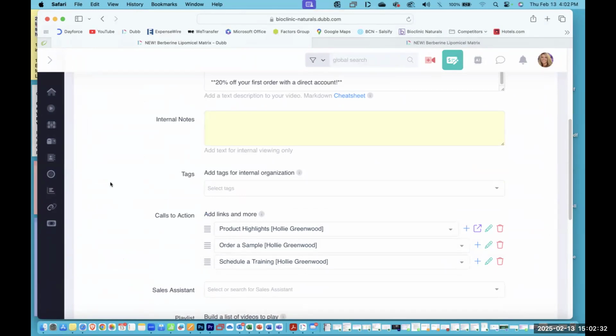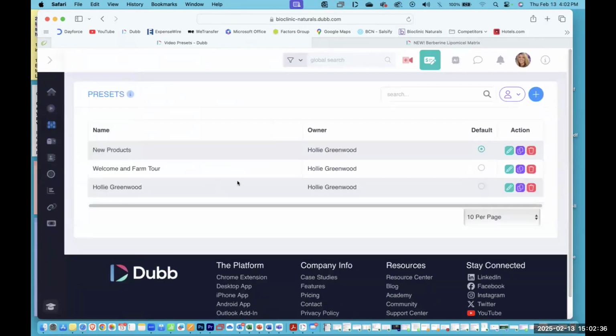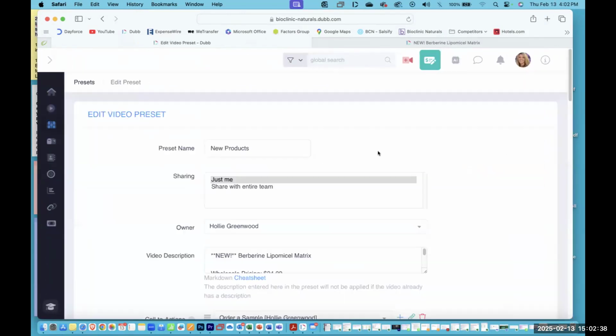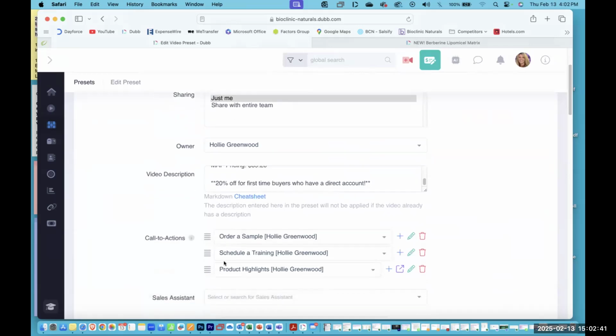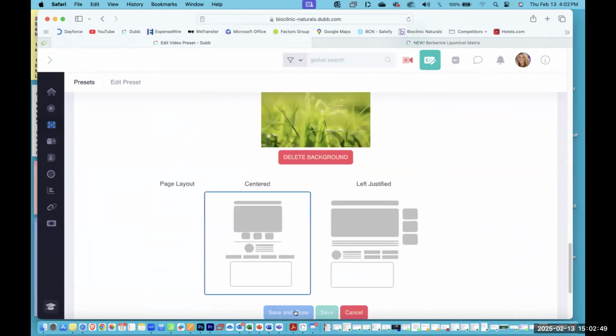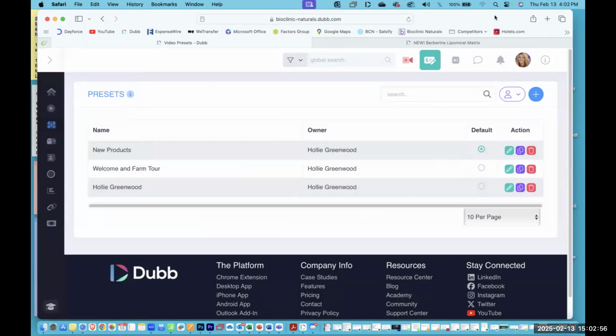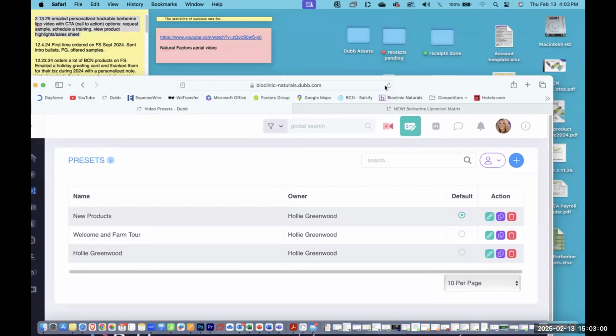So I did that here, and then I went to assets, I went to presets, I went to this one, and then I went here, and it's on the bottom, so I moved it up to the top. And then I save it, close. It says success. And then I've restarted the program. I've done everything to refresh it. And it still just doesn't take. So like if I refresh it now and I go to,